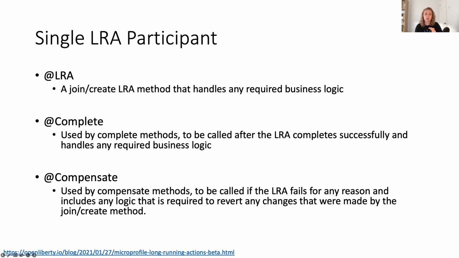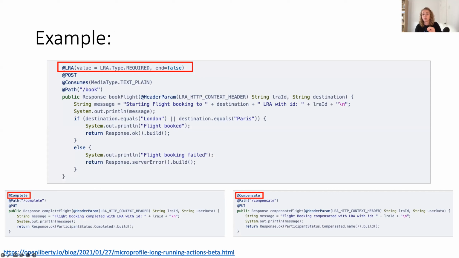And when we're adding them into an LRA participant, it will look a little bit like this. This is the same class, but just to make it easier to fit it all on one slide, I've cropped various different screenshots. You can see at the top here, we have the @LRA annotation, then we have the @Complete annotation and the business logic in that, and the @Compensate and the business logic associated with that compensating action. Now, what you'll notice in the @LRA annotation is that I have this type, which is LRA.Type. In this case, I'm using the type REQUIRED.